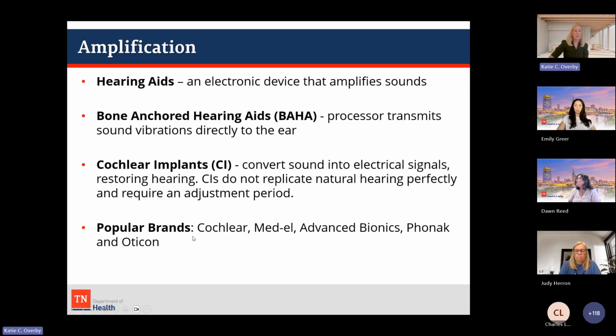And then again, here are just some of those popular brands that I mentioned before. If you have a child that has this brand and you needed some assistance, you could reach out to the rep to help work through any troubleshooting issues or to assist the parent. And they all have incredible resources on their websites. I mean, some of them have full lessons and units and all sorts of things. So if you needed ideas of where to go with lessons, that would be a great place to look.